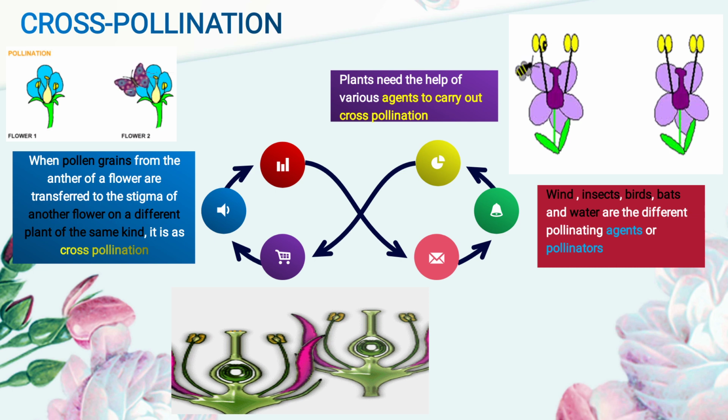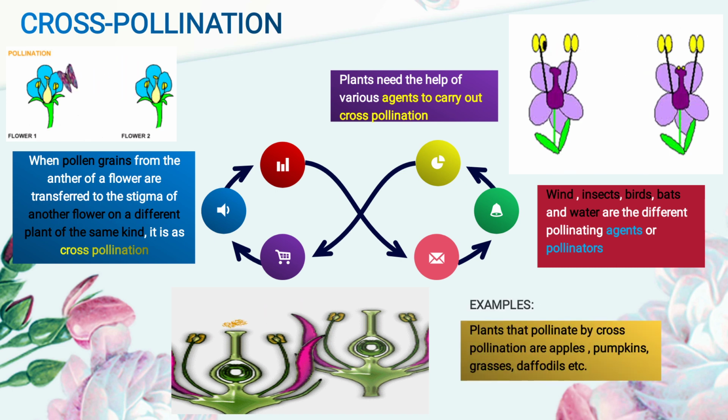Now you see the image at the bottom, which is describing the pollination. Two flowers are there, on the right side and left side. See the anther, pollen grains are growing and going to the stigma. Now the stigma, a tube-like structure, goes inside the ovary to the ovule and it will fertilize and form the fruit. Inside the fruit the seed will be there.